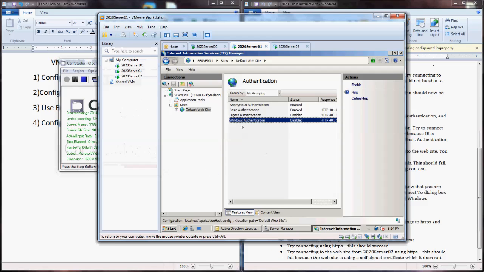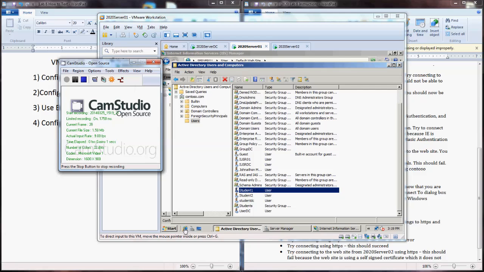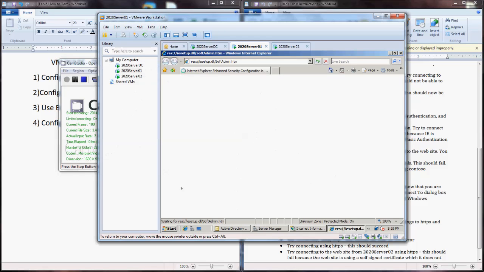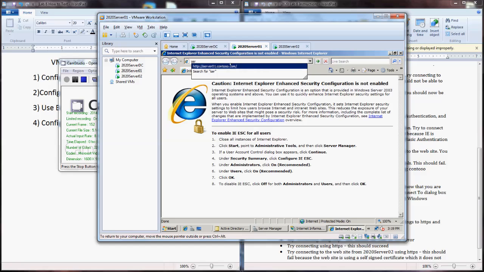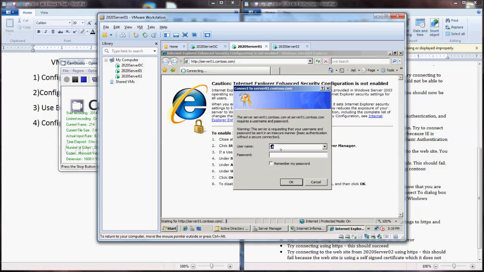So now I'm going to highlight anonymous authentication, and in the actions pane I'm going to click disable. And now you can see that the only authentication method I have enabled is basic. Once again, now I'm going to go to Internet Explorer. I'm going to try to connect again, and you see this time that we get asked to type in our credentials. I'm going to try logging on with my student1 username,